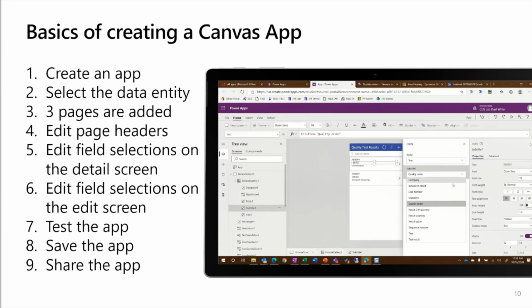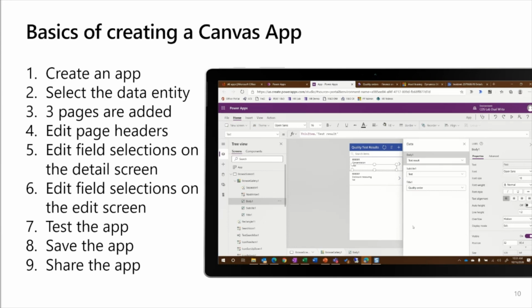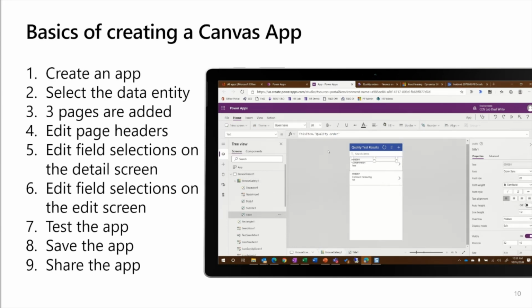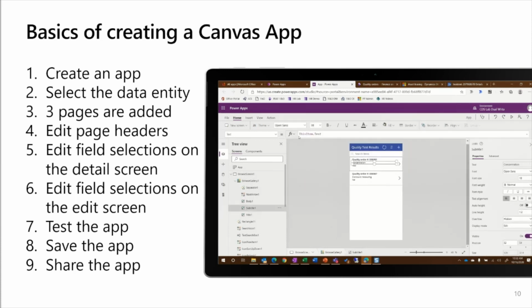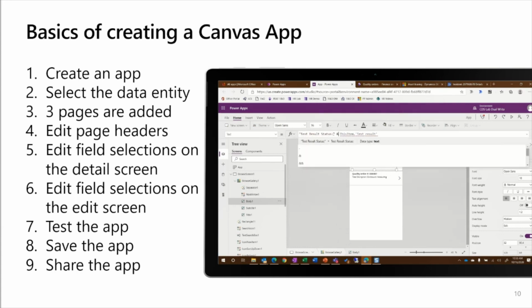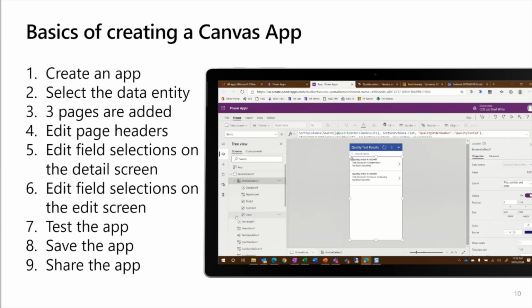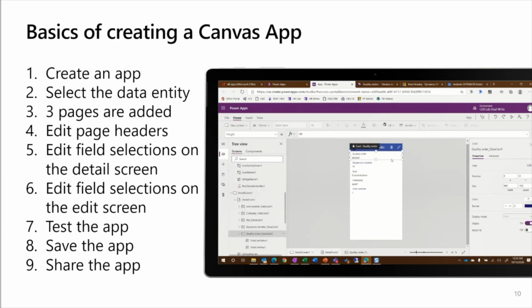So it selected 3 fields by default for my gallery, and I wanted to update those to use better fields and have it in a better sequence. Then you can see here what I'm doing is I'm actually adding some formulas and tweaking this so that each of my fields in the gallery has a label. So I'm just using quotes and typing in some static text for the quality order, the test description, and now the test result status. And then I use the AND function to combine that with the original